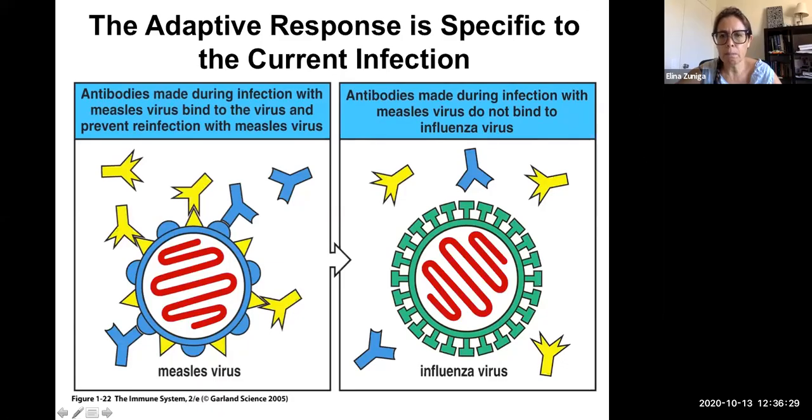This is more of what we've been mentioning, and is that the adaptive response is specific to the current infection, to the infection in place. And so antibodies made during an infection with measles virus bind to the virus and prevent reinfection with measles virus, but will not protect you from infection